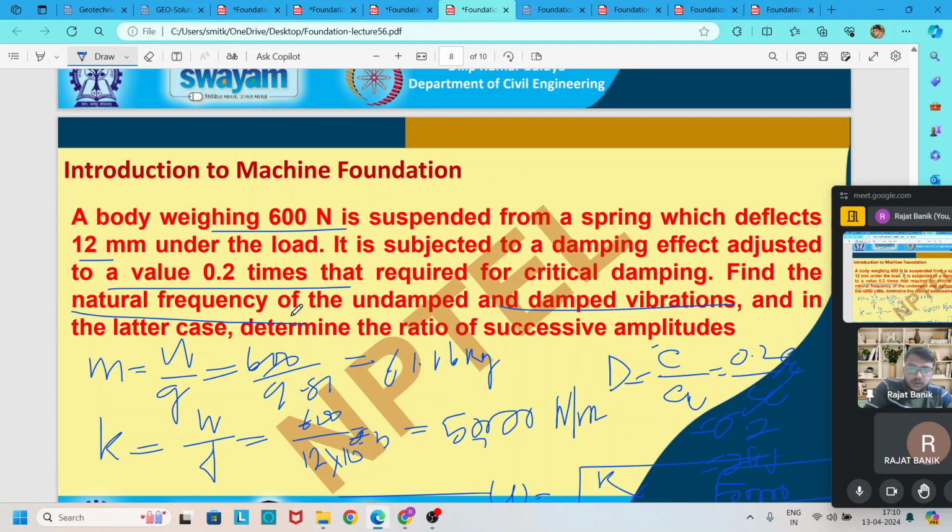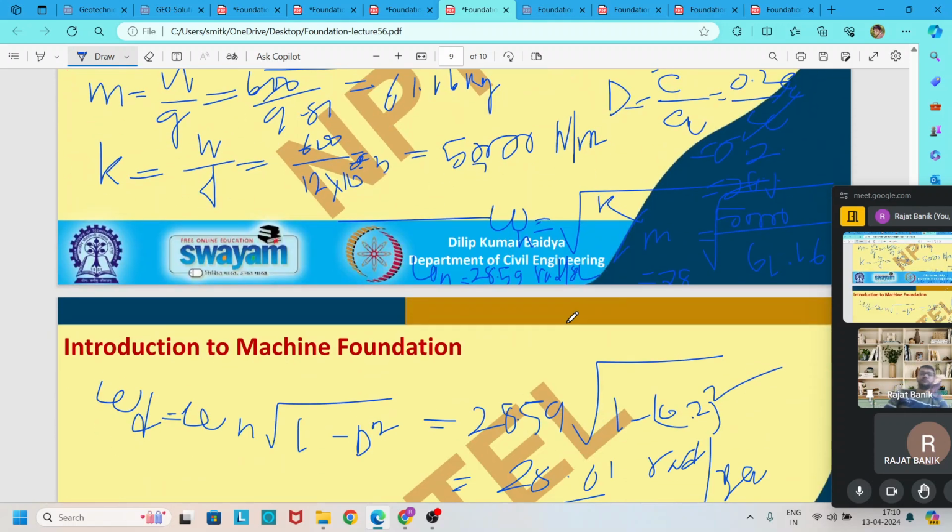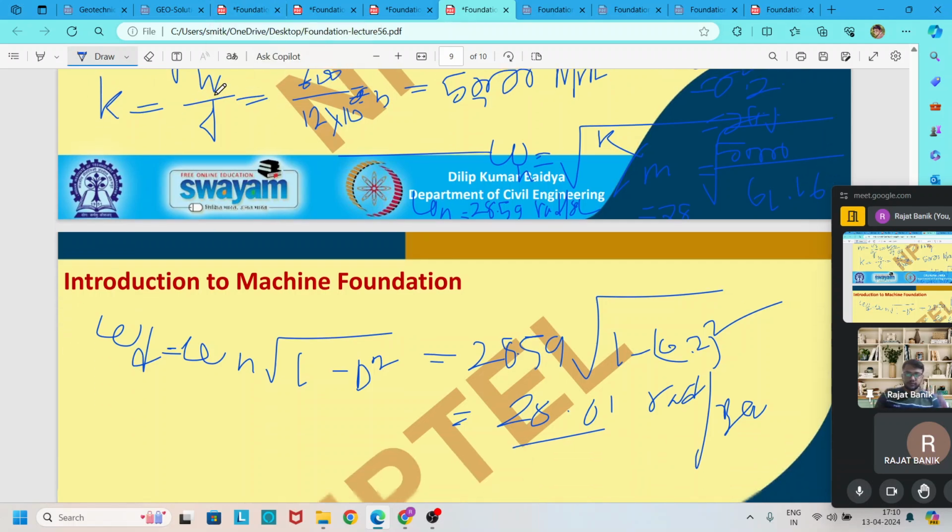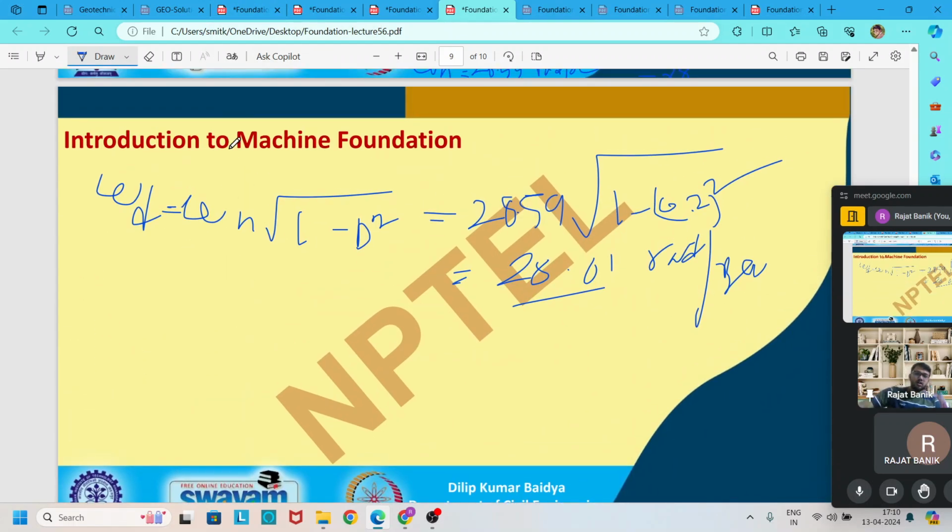Then you have to determine the ratio of the successive amplitude. So ratio of the successive amplitude, we know that